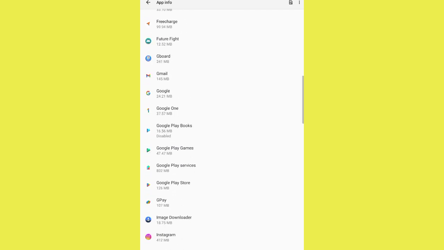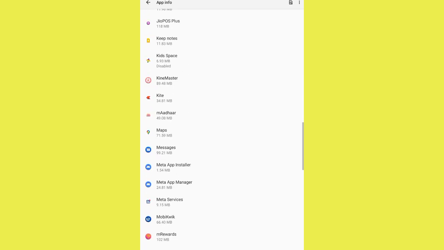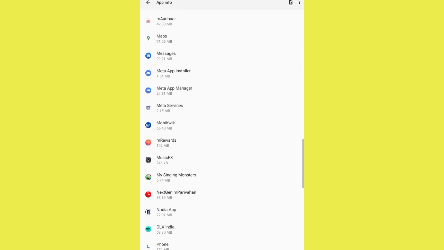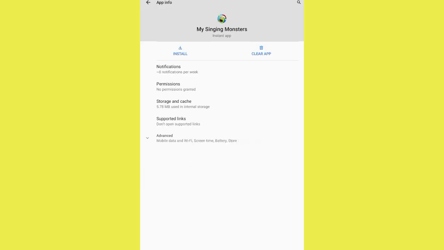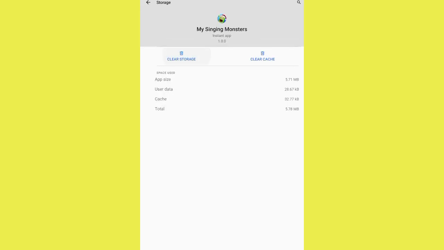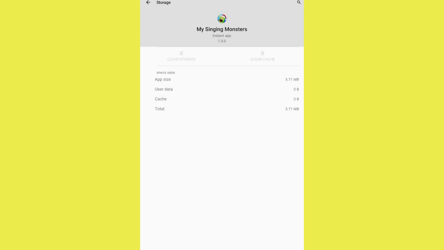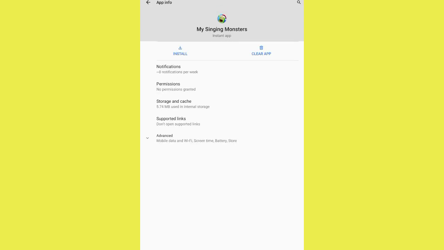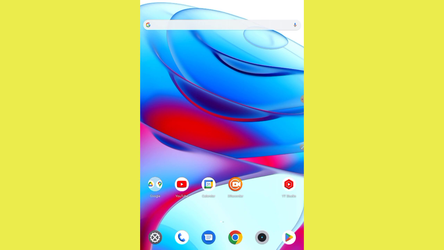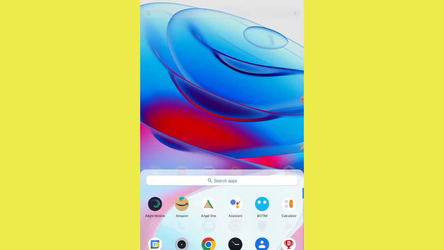You just need to open the game or application where you are facing the problem. Okay, so just click on here. For example, it's the problem application. Click on here and you just need to clear data, or maybe clear storage, whichever option you have. So you need to clear data, app data. Okay, click on OK, and this is the first step. You just need to restart your phone, and then open your game, and you can see your problem will